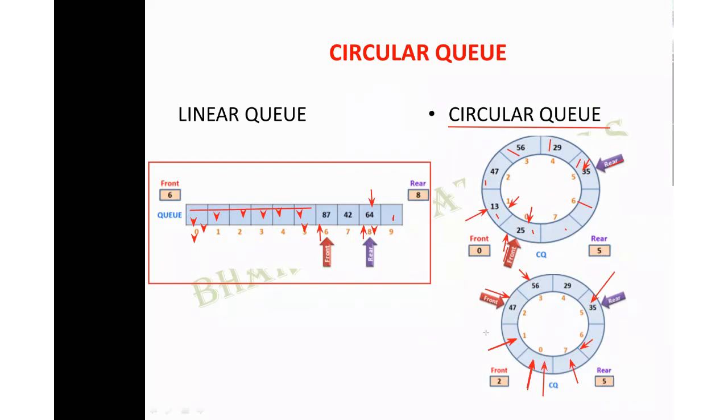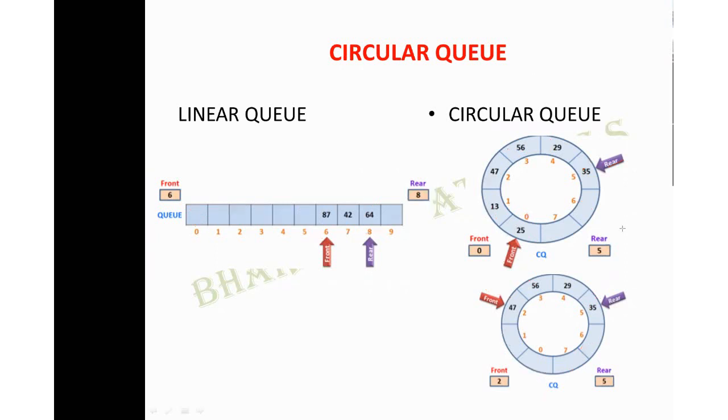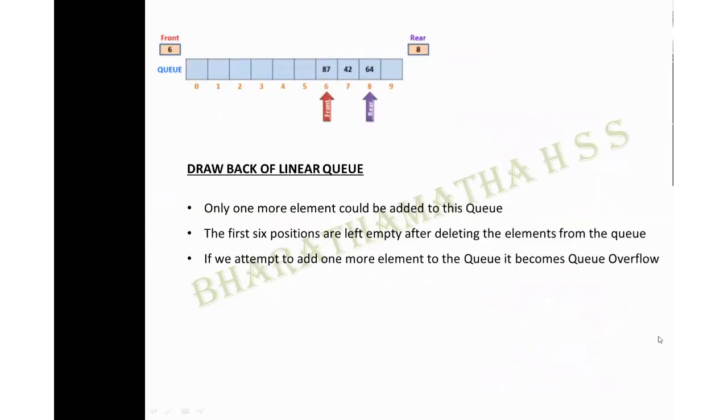The cells from which you have removed the values, in a sequential manner, you can go on to re-enter the values in a sequential manner. So what happens over here is, like this the wastage of memory could be avoided, because you're re-entering the values after removing the elements from that particular position. You can re-enter the values into those cells after the values are removed. So this is one of the best advantages of using your circular queue.